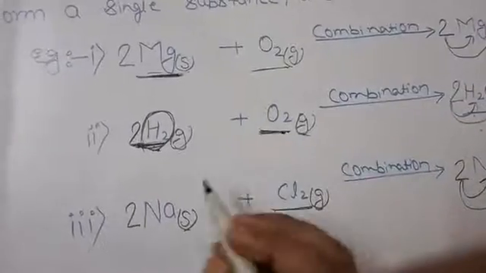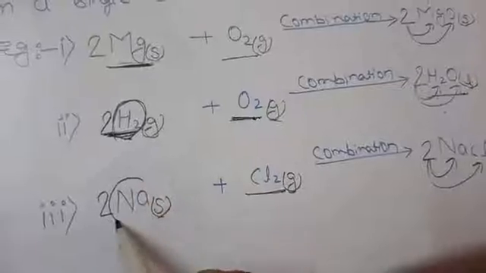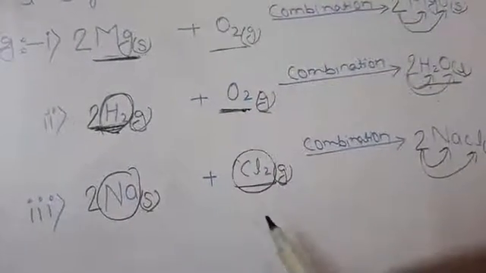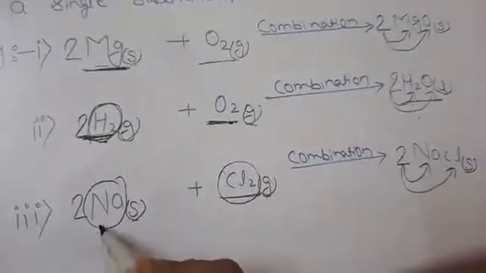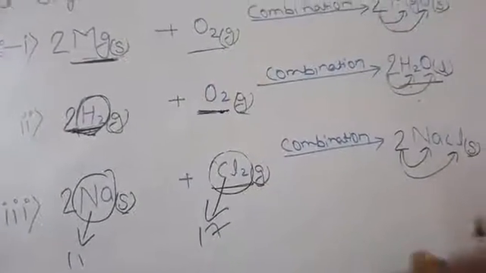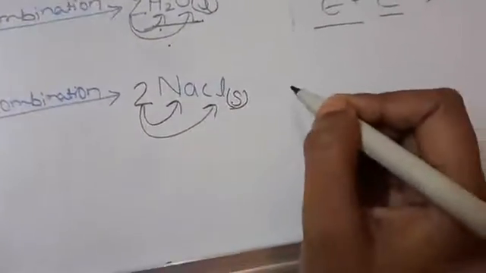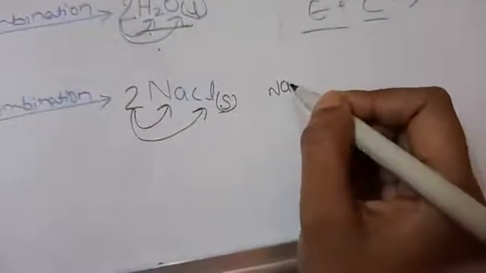Now here also you can see this is also an example of 2 elements that I have given to you in the combination reaction. Sodium is an element, chlorine is also an element, that you can see in the periodic table. Sodium's atomic number is 11, chlorine's atomic number is 17, and why is it making NaCl, because Na, if you write the sodium